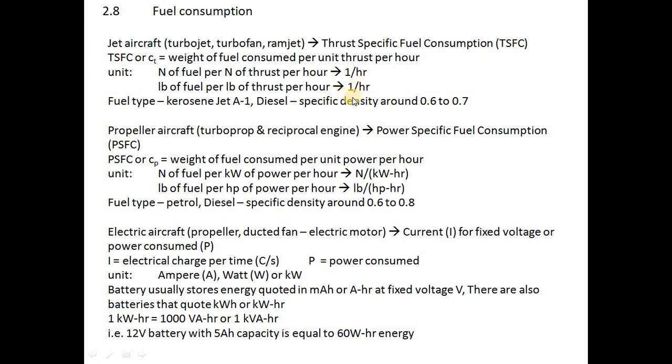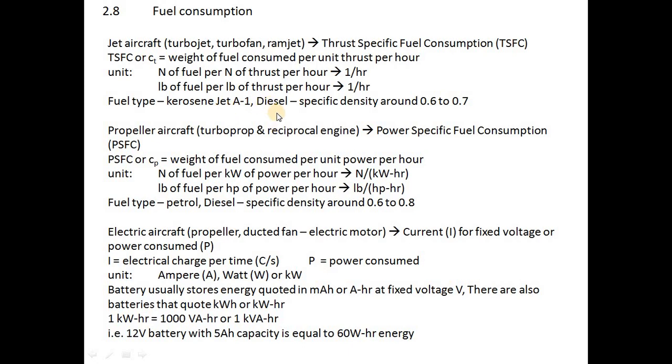So 1 per hour. Now, meaning that if you get for example the TSFC, you can use Newton or you can use pound, it doesn't matter. It is the same, because in the end it will become 1 per hour. So few types of fuel that is usually available for turbojet or turbofan engine, for example, kerosene, jet A1